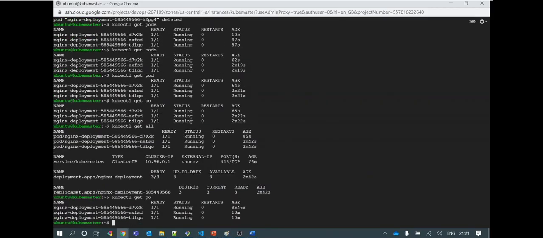Let's create one node port service using the command line. We can use a deployment file also, but this is a basic command with which we can create a node port service or any service just by changing the type here. Instead of node port, if you want cluster IP, you can change it to cluster IP. If you want to use load balancer, you can create a load balancer here, and this will be the name of the service you want to create.